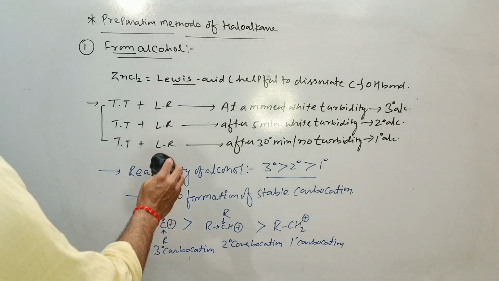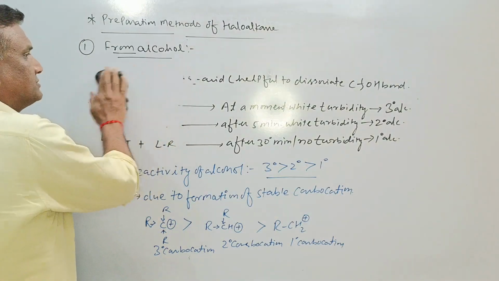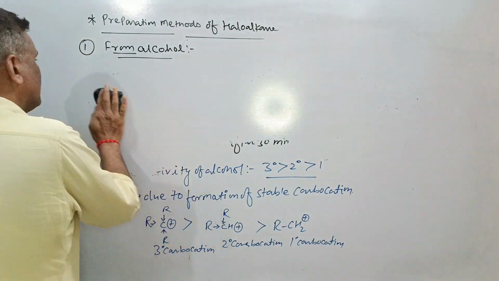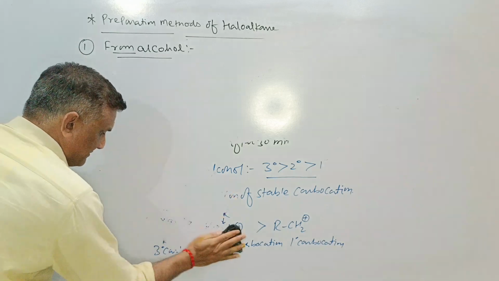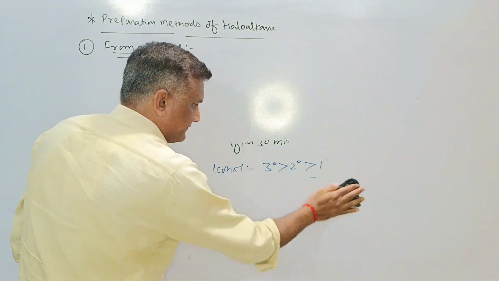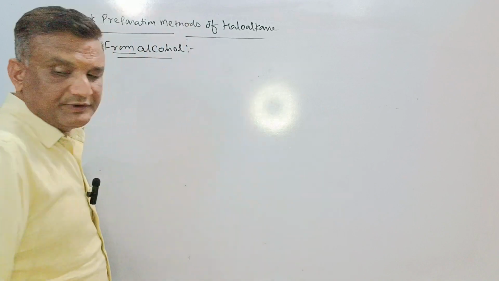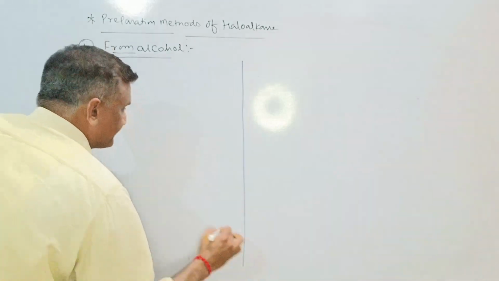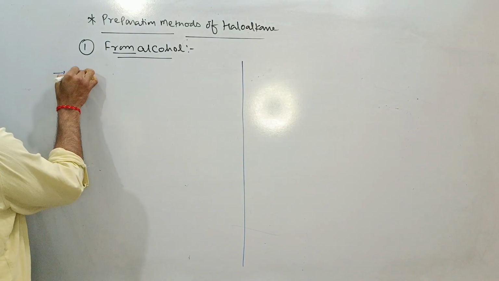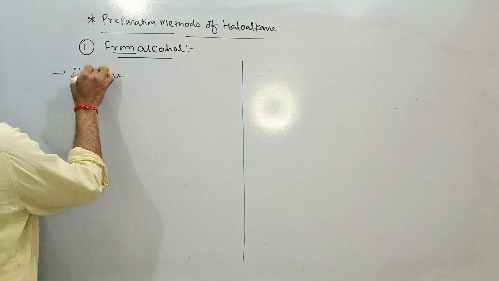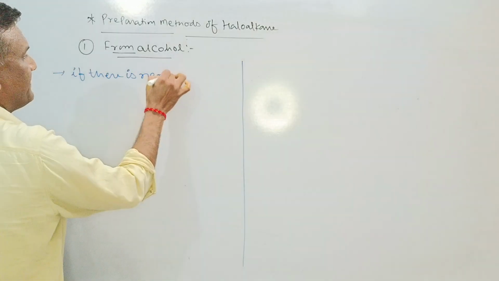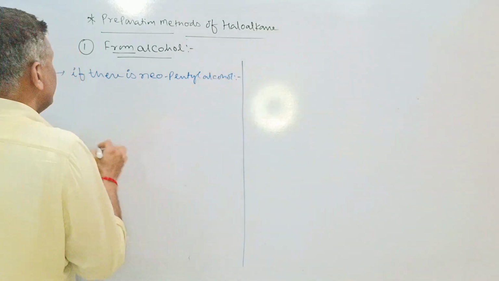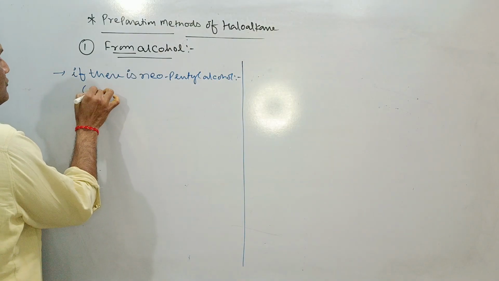Okay. Now just suppose there is neopentyl alcohol, then what will be the order of reactivity, meaning what will be the sequence? Let's see. This is a very important question. It's a brainstorming question. If there is neopentyl alcohol, then the reaction will be according to